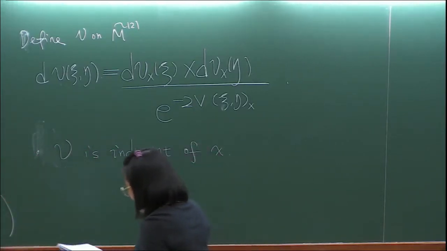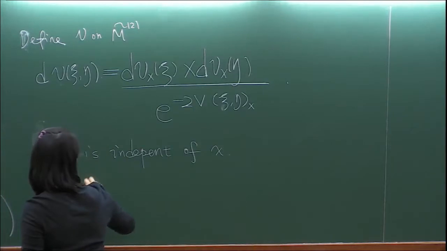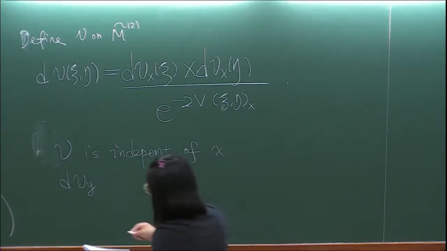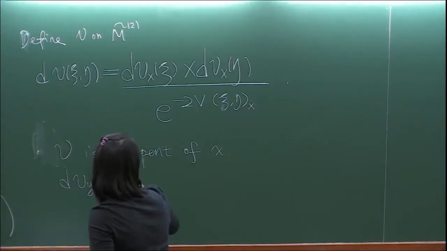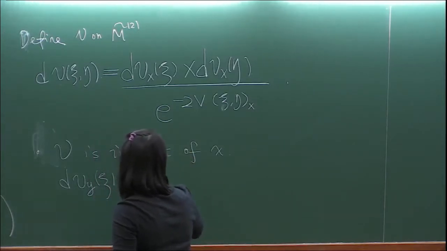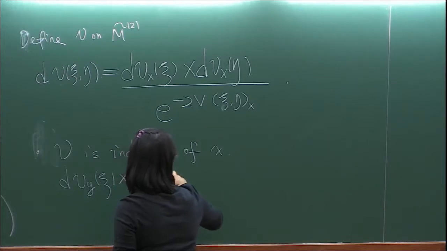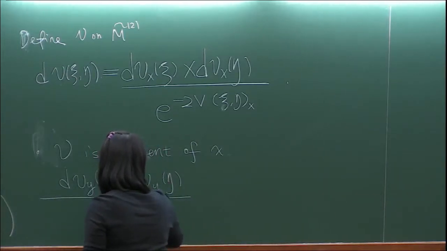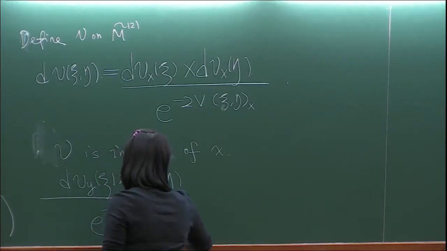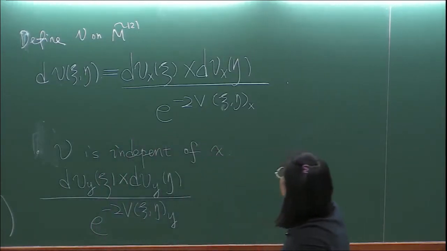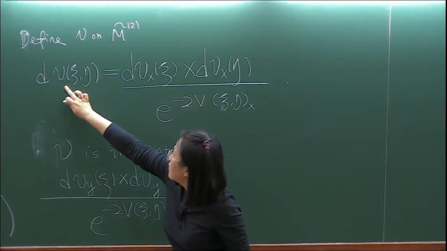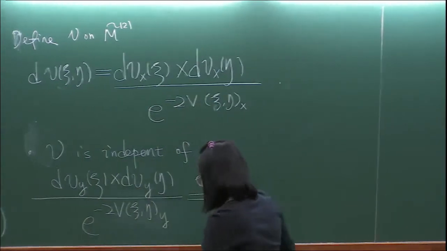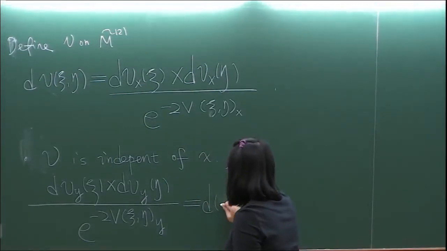So then you will have this mu, let me put it here. So you change to y and you compare these two. E to the power minus v, c eta y. And this one, I just call it nu. Okay, so then you compare these two, you will see